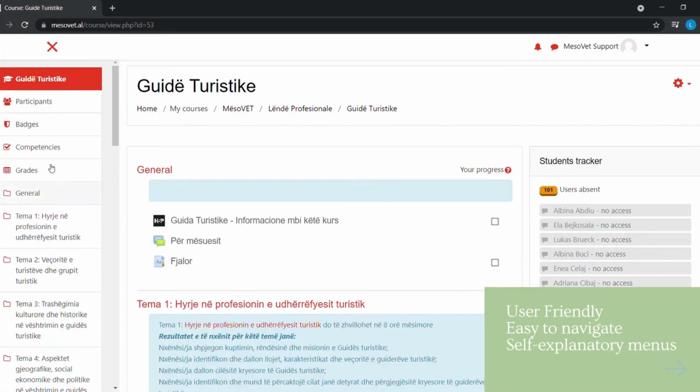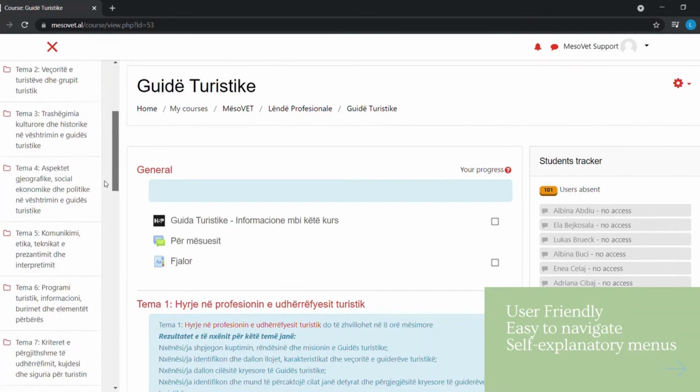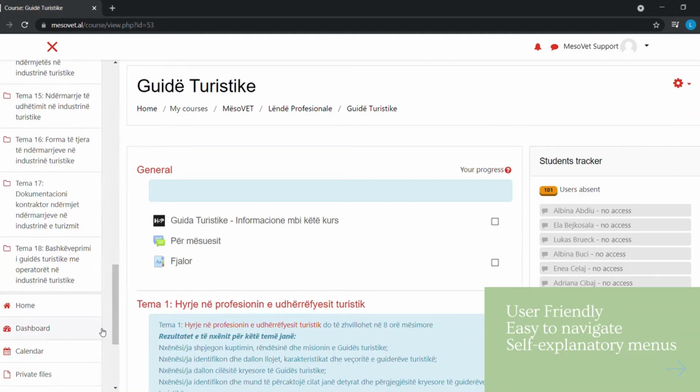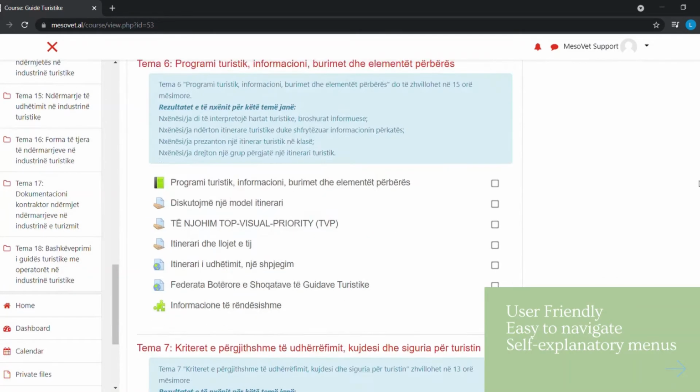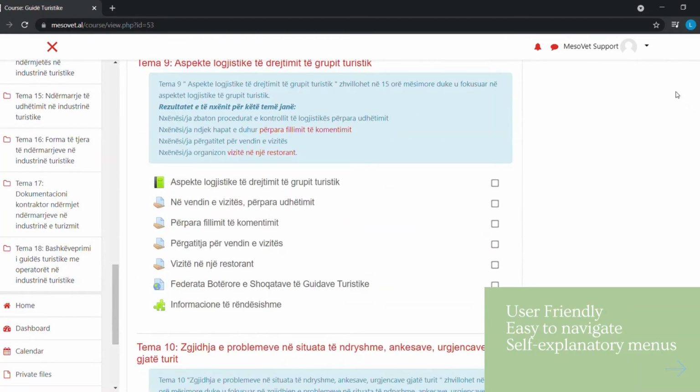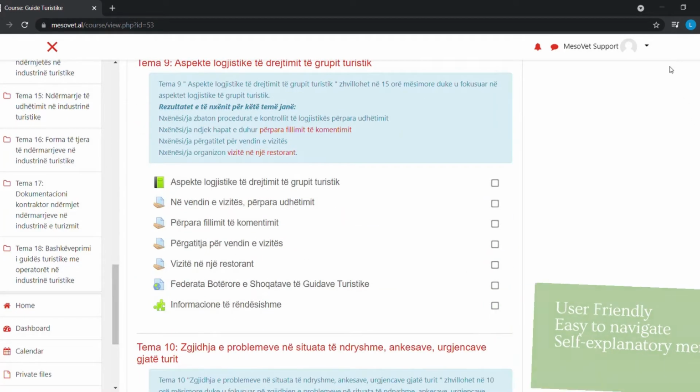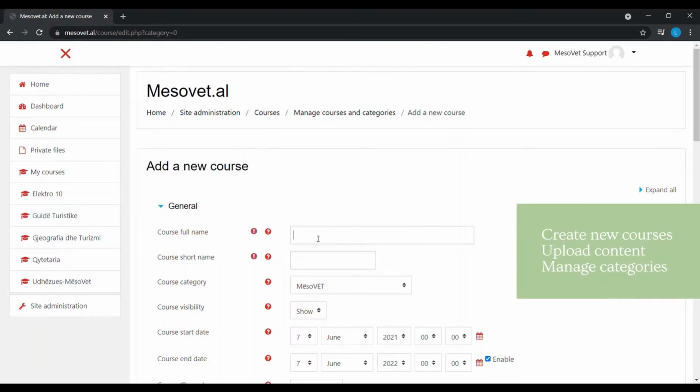Once inside the course, the navigation bar changes to reflect what's happening in the course. There's a participants link, a badges link, grades, and the topics within the course. You will be able to navigate to different parts of the site based on your role. Roles are allocated to users based on their responsibilities and what level of access is required for them.